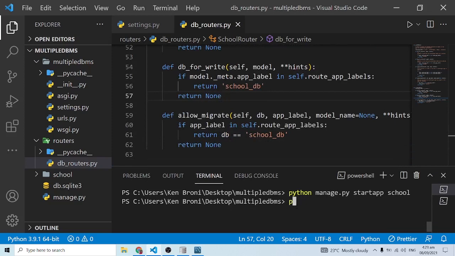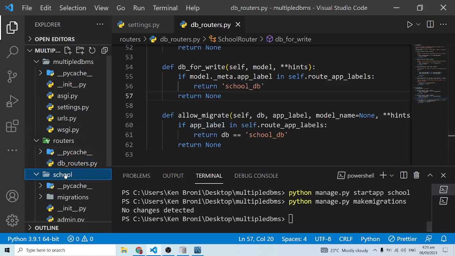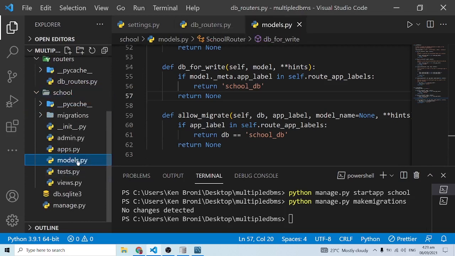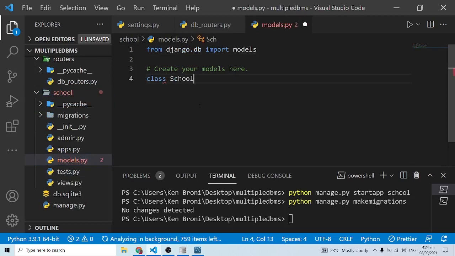So first of all, I'm going to type in python manage.py makemigrations. For makemigrations, I need not specify any module. All right, and clearly we haven't specified any model in here. So let's quickly come here and say we want a class, and we are saying School, and we have